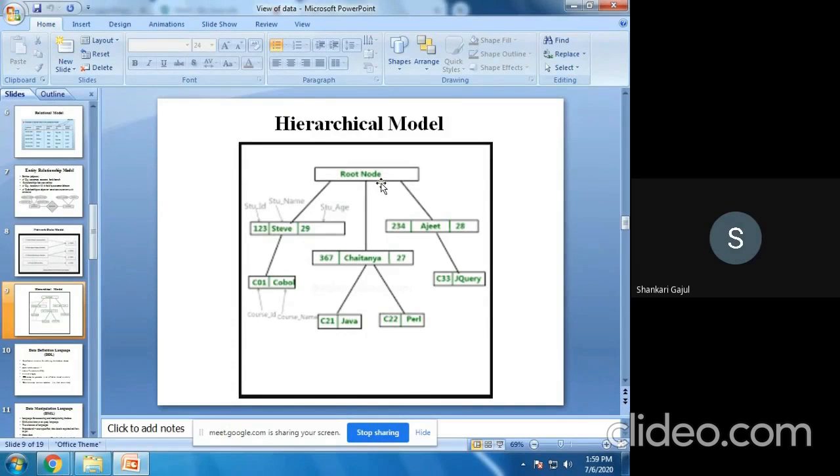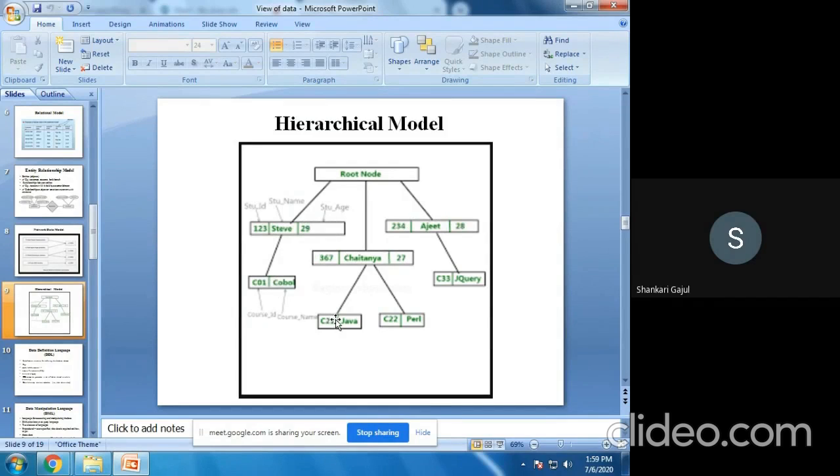Okay, so this is my dummy node where the actual data is present for the hierarchical model for the next level. This is my parent node, and on the lowest level, these are my leaf nodes. The student record consists of student ID, name and age of the students. So these are the records. You see, at each level, one and only one value is present. The same is true for this record also.